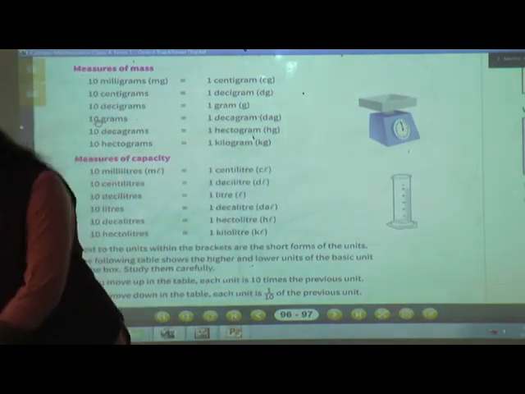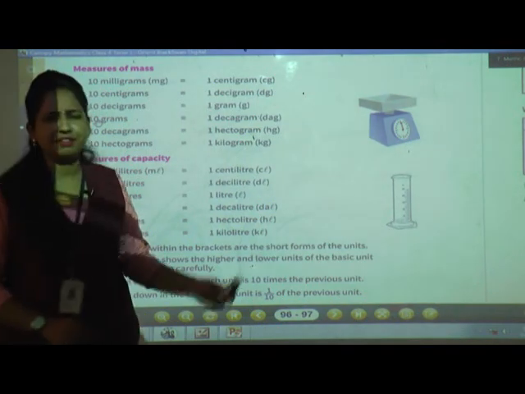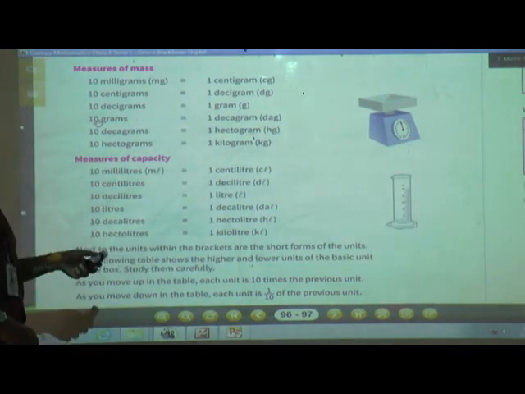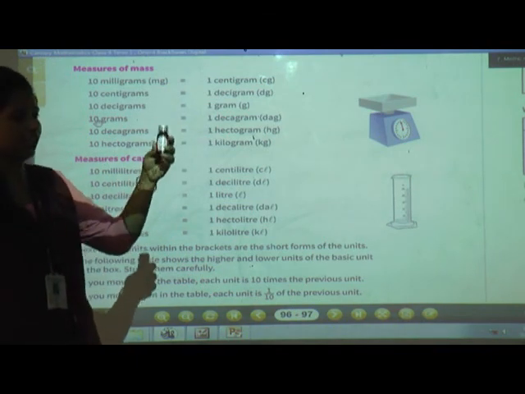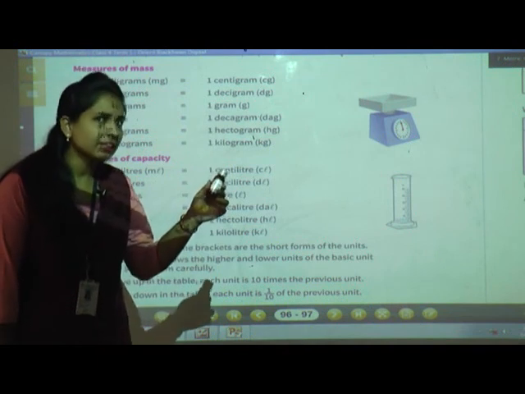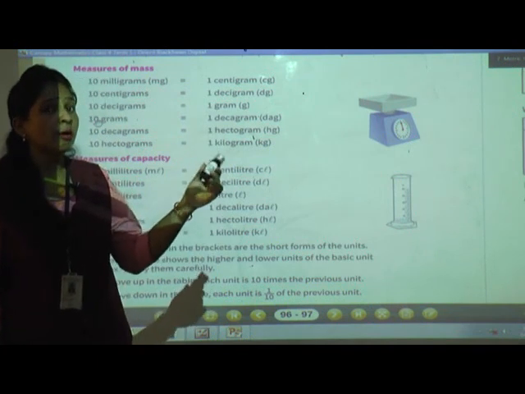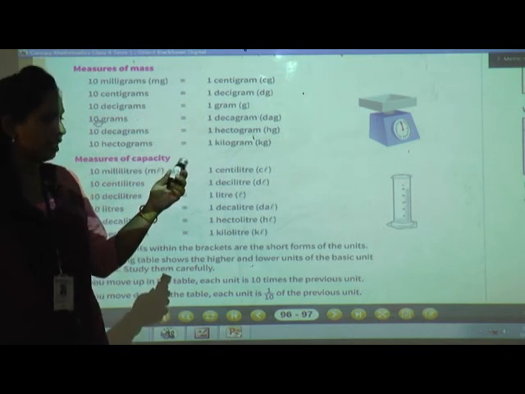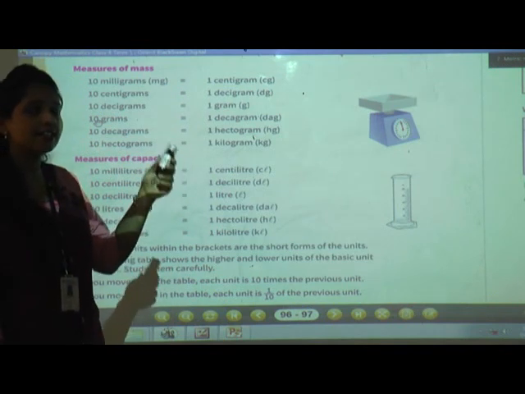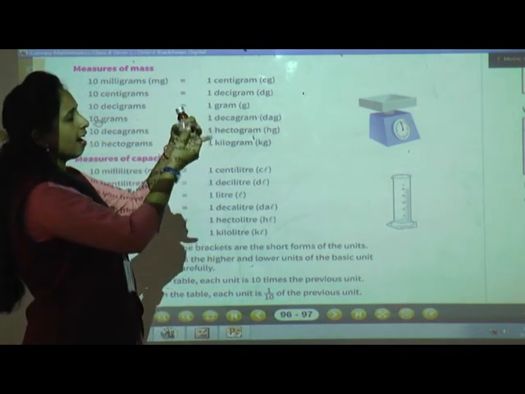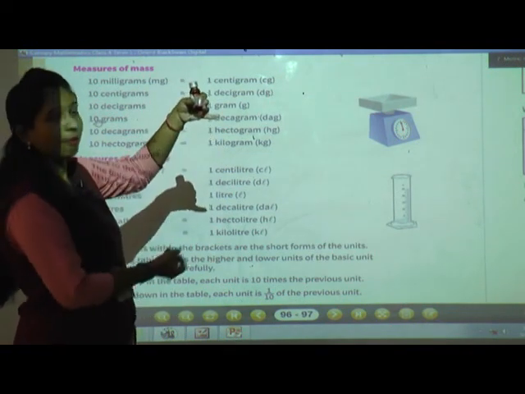Now even if you have fever, cough and cold, you go to the doctor and the doctor gives you syrup, isn't it? How much syrup your mother gives you, and how much syrup you have to take? The doctor gives you a prescription, na? And they will guide us how much you have to take. See, they have measured on this.